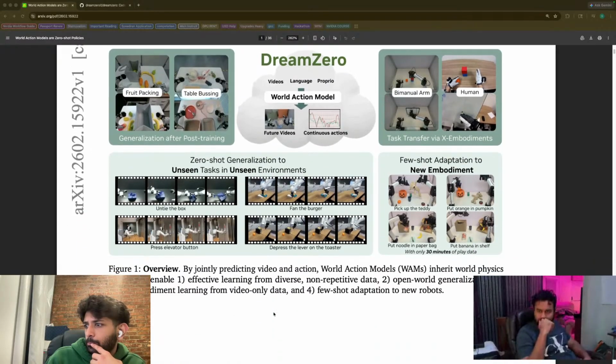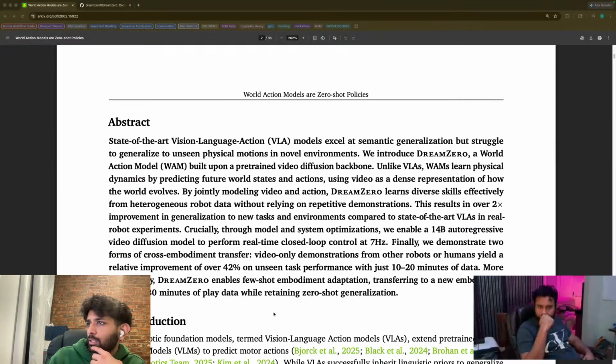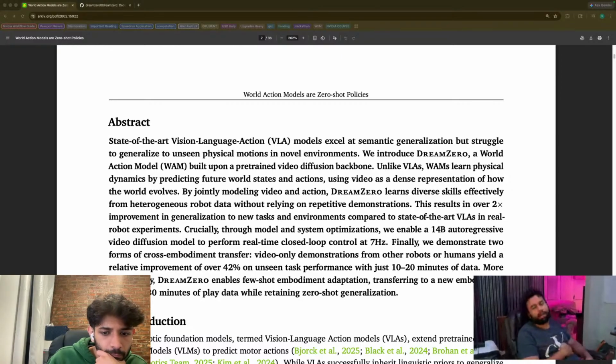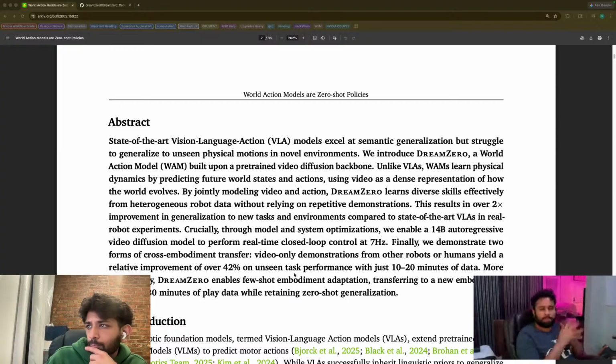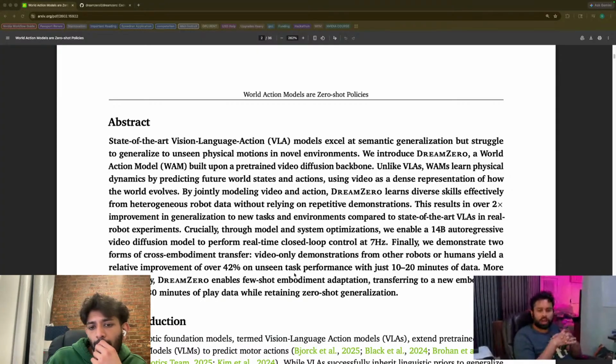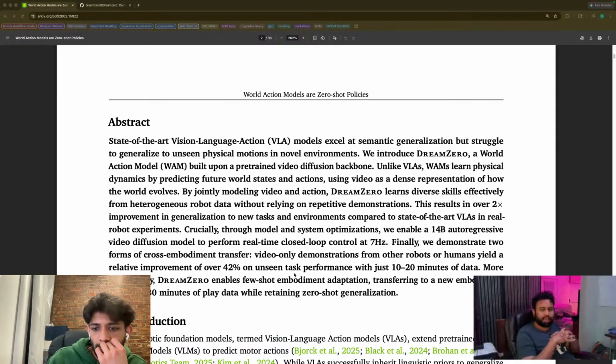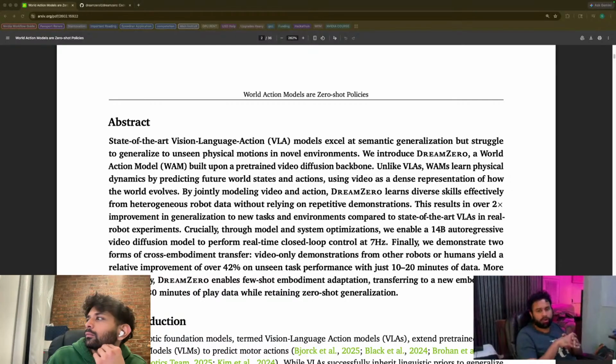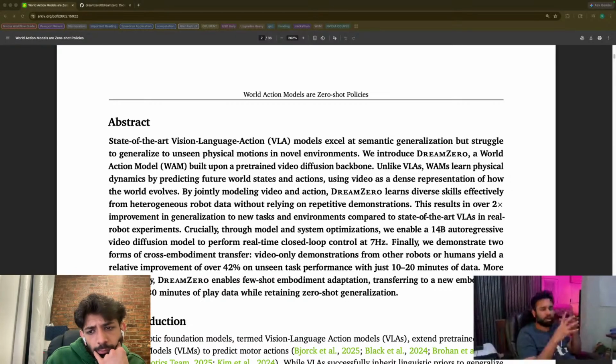Okay. Let's start with the abstract. Do you want to read the abstract? Yeah, I can go ahead and read the abstract. So the abstract talks about the state of the art vision language action models, that is VLAs, that excel at semantic generalization but struggle to generalize to unseen motions in novel environments. Basically, what it's saying is that if you give a model a scenario